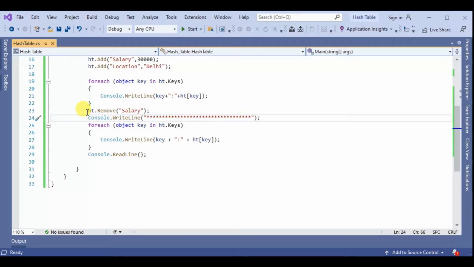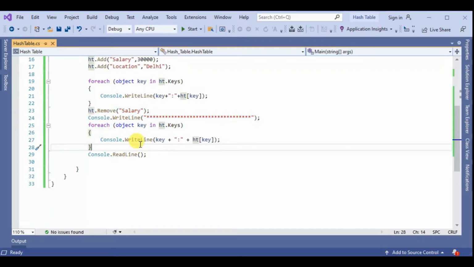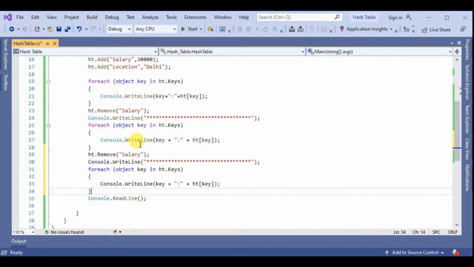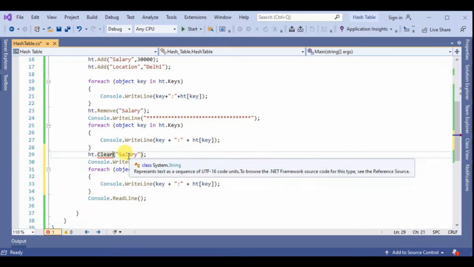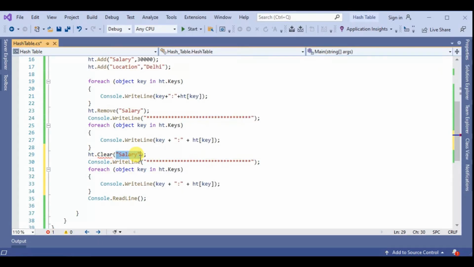So now we copy, paste, and use clear. The clear method means all the values present inside the hash table are removed from the hash table. Save and F5.